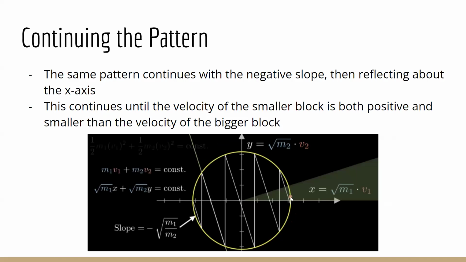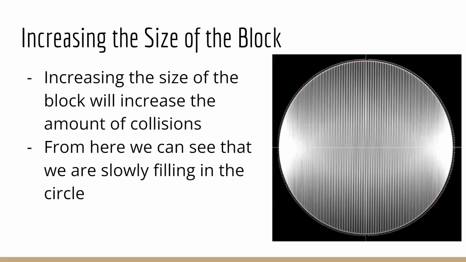So we can imagine what happens if we make the block that is colliding into the smaller block bigger. What do we think will happen? This is what it looks like. If we increase the size of the block, this will increase the number of collisions, which makes sense. In our picture, we can see that the number of collisions corresponds to the number of points we have on this circle. Now, the full proof for this concept is pretty lengthy, and it got very difficult to understand,